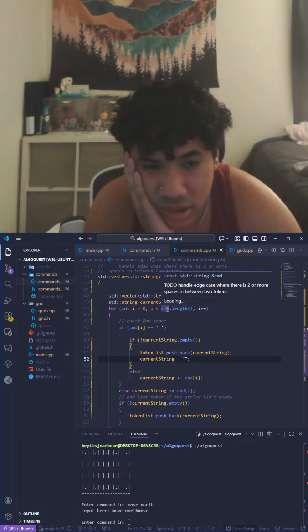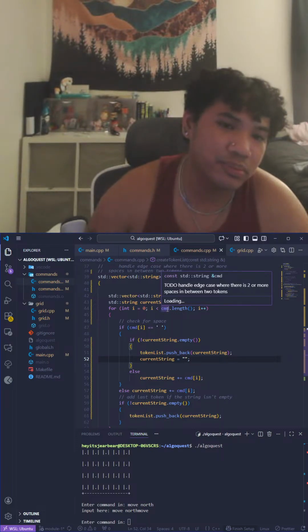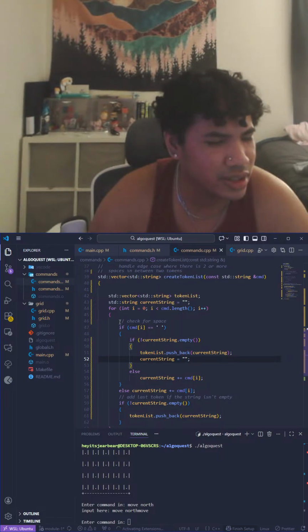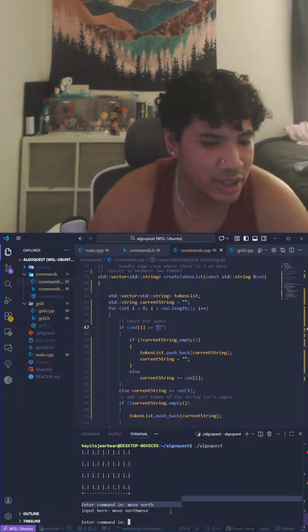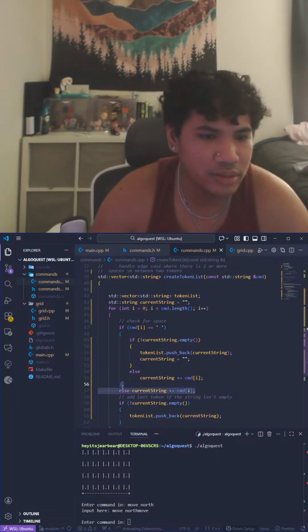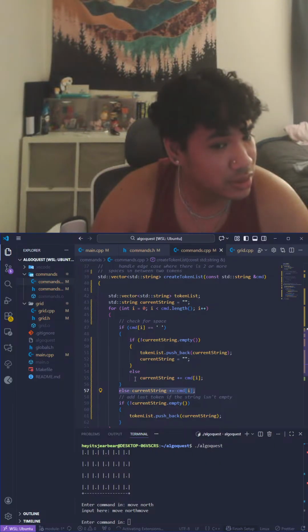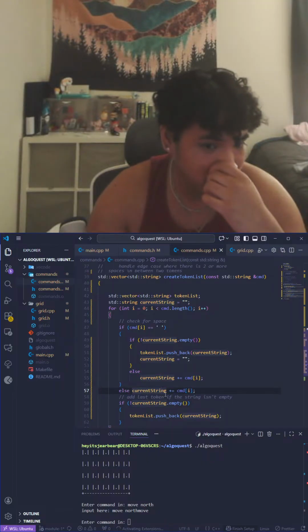Else current. Okay, but on our first try, it's guaranteed it's not a space because they're entering in a command for the first time. So if it's not a string,